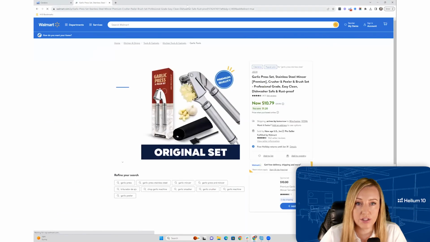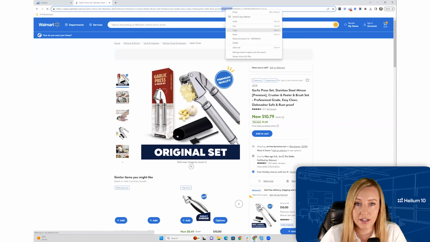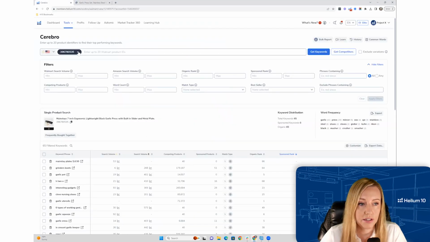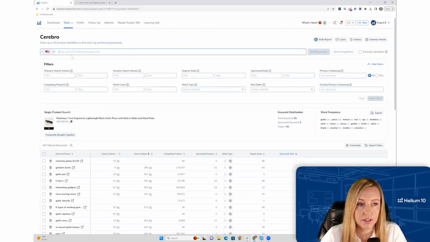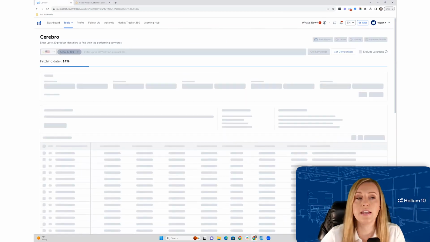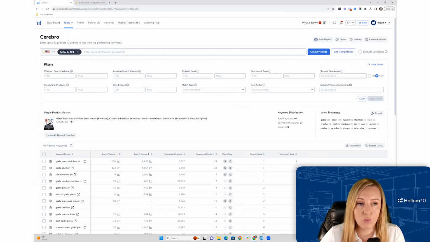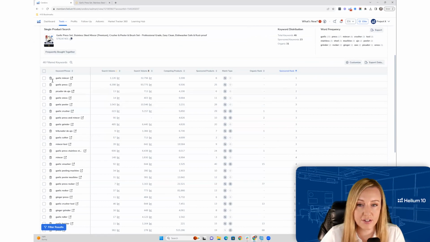So I might just go ahead and do that for you so you can see it. I'm going to copy this ID here and clear that one out, and I'm going to get keywords for this new one so that we can see the sponsored. And you can do this for Amazon too. You can just put one at a time and see the sponsored keywords. So I just sort for the sponsored rank and you can see where they're advertising. So they're garlic mincer, garlic press,